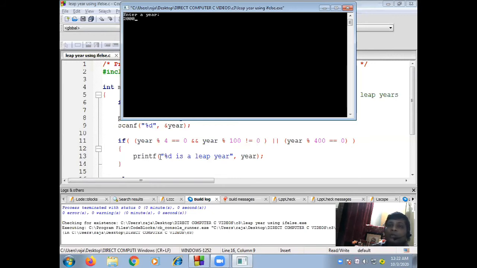So it will execute the if block statement. It will print %ld is a leap year. That means 2000 is a leap year. Just see the output, whether it is printing that or not. Yes, 2000 is a leap year.